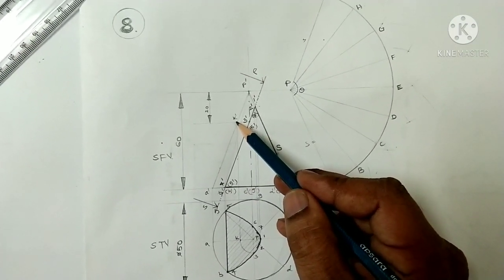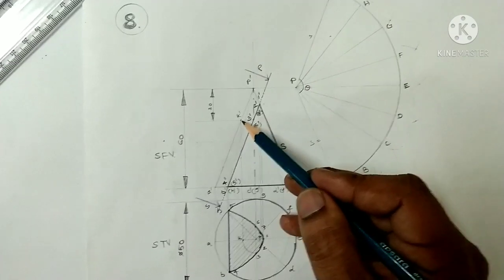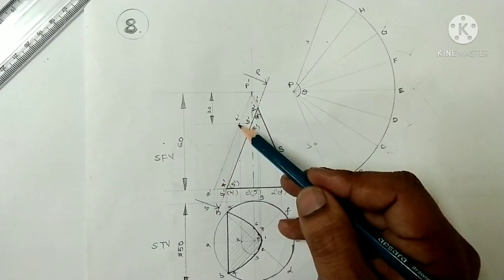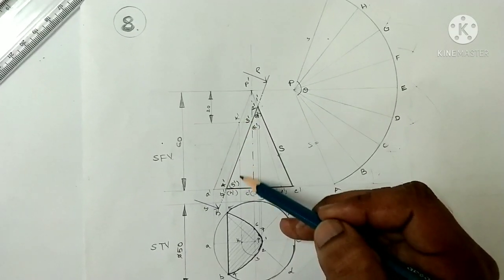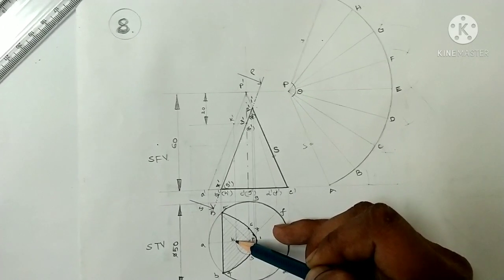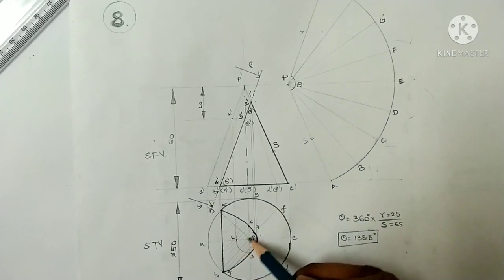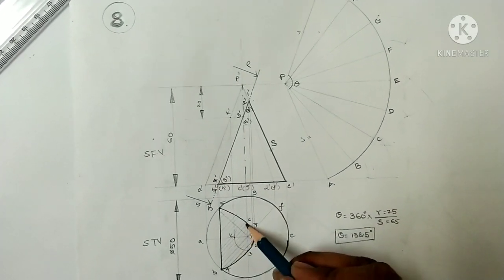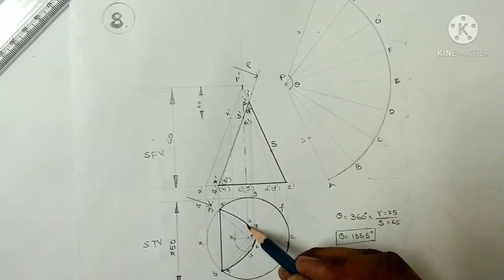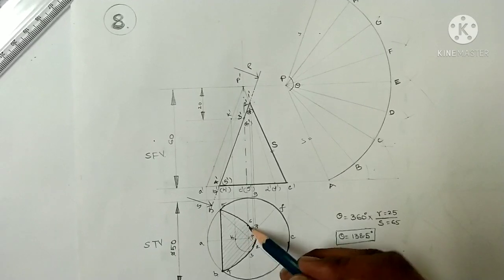K dash. I have given the naming K dash, and we can project this particular point onto the AP because this one is located on AP. So we can project this one. After projecting this point, K dash becomes K, and next we can take the PK dimension as radius, P as center, draw an arc on PG, so that we will get the 6th point on this particular line.